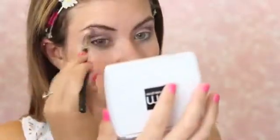This highlight color is very pretty. It's a nice goldy champagne color, some good shimmer in there, and I think it shows up really nice. Definitely like it more than just that matte one you can't really see in the other palette. So it's a nice highlight. This is nice, but you have to know it comes out more natural looking. It's not dark, bold, bright colors, but it's a natural look. So if you like that, then